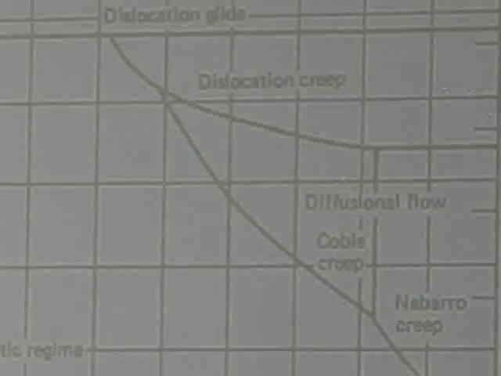And Nabarro creep. Nabarro is a South African metallurgist who came up with an explanation of grain boundary creep. So Nabarro creep is a grain boundary creep. Coble creep is a variation on Nabarro creep with a different type of diffusional mechanism. And then dislocation creep is movement of dislocations within the crystal rather than at the grain boundary. So there's different ways to look at the dislocations, but in any case,